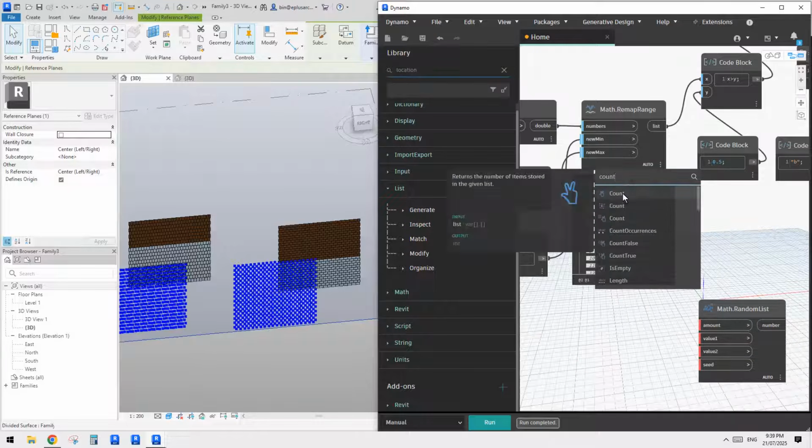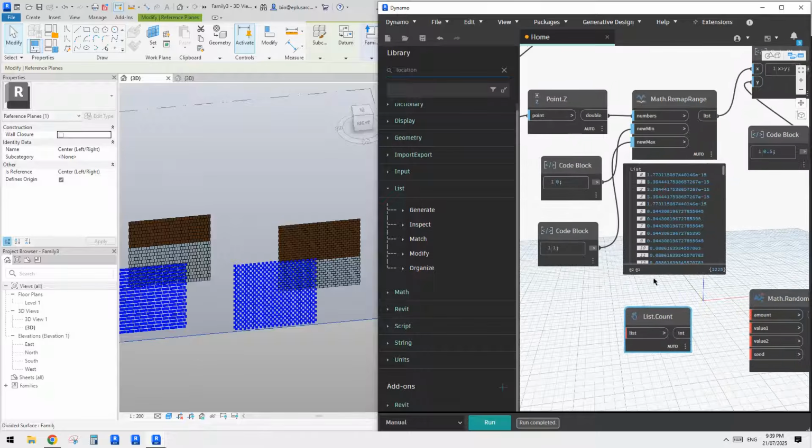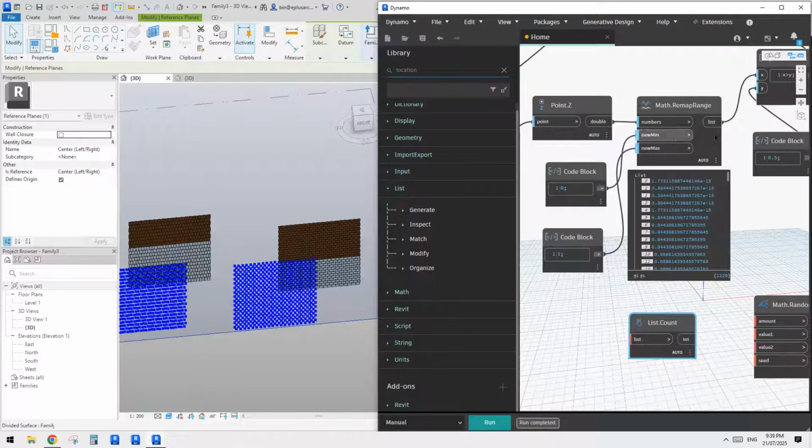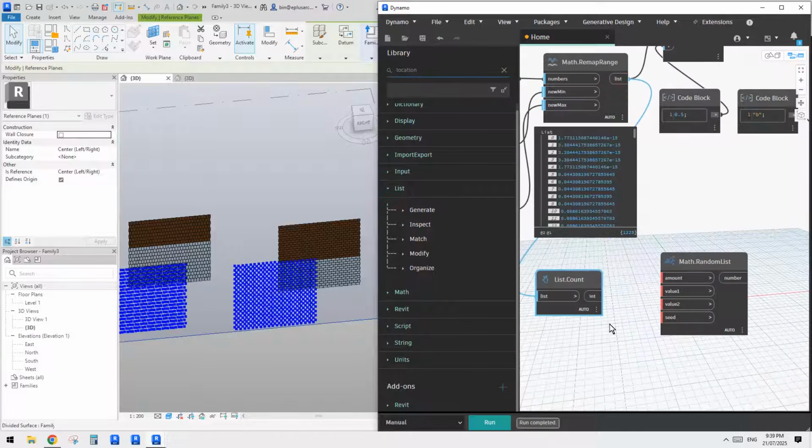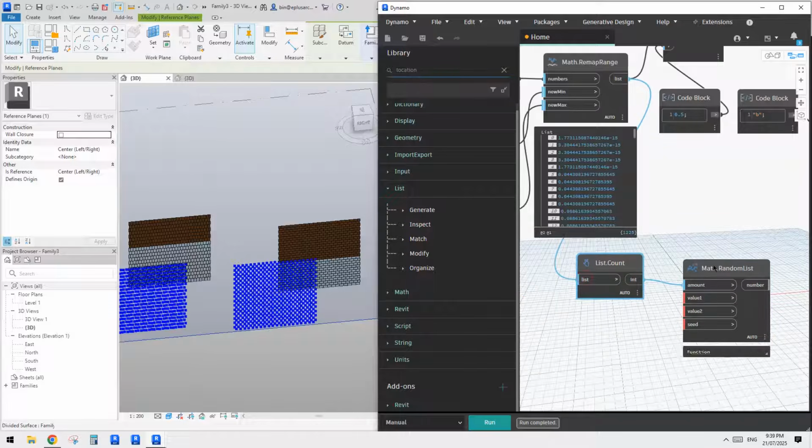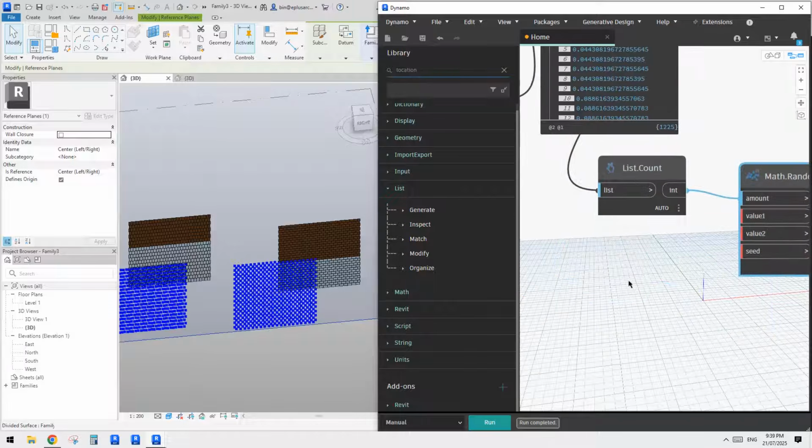Count. We can use this count and then just link any of this. I think I can just use this one. Okay, and this will give us a number of this, and then we can just link this to amount and then value. So here we're going to